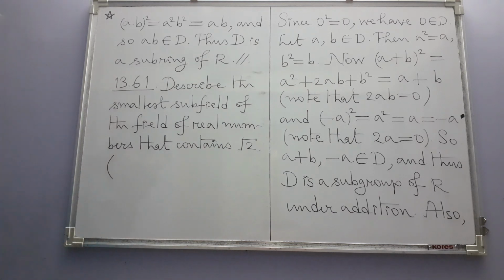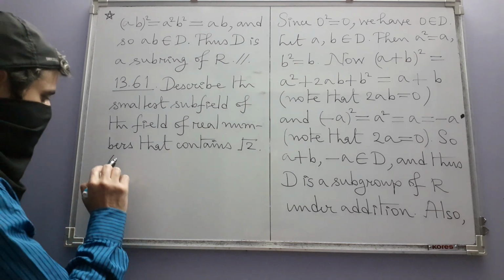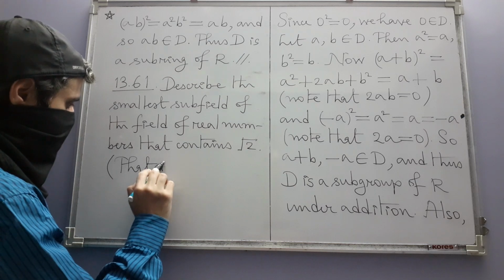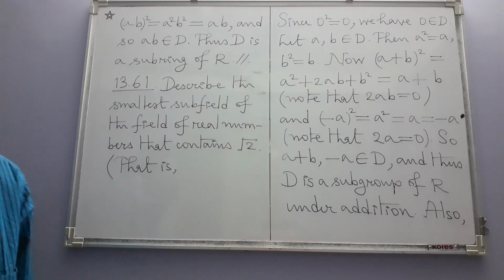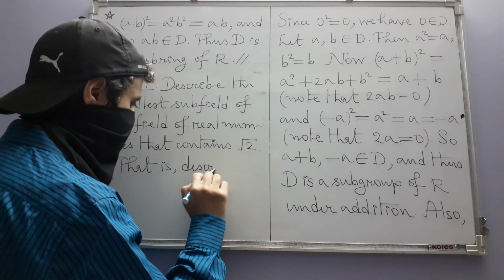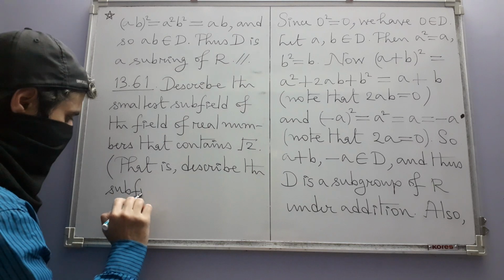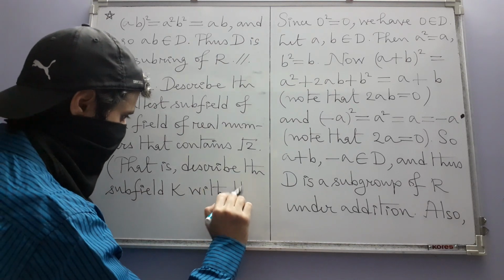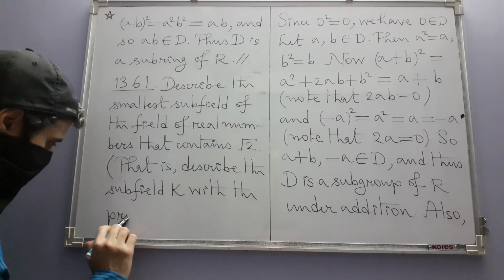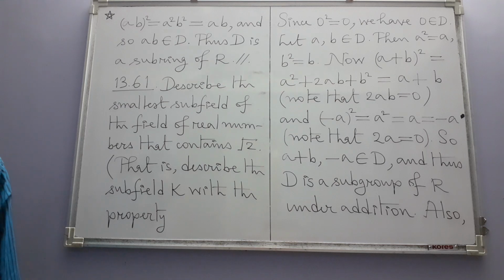And it has been explained what smallest means in this case, although we surely know what that means, but still, describe the subfield K with the property that K contains root 2, and if F is any